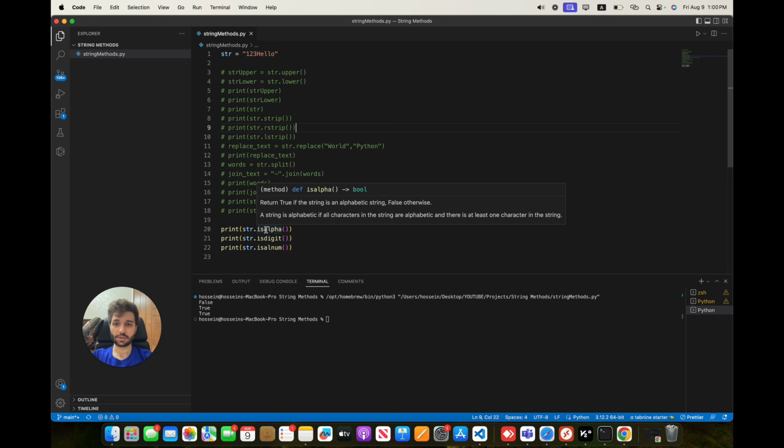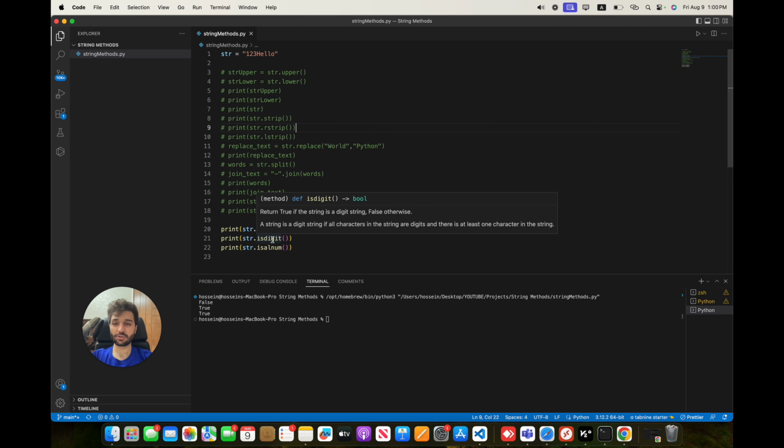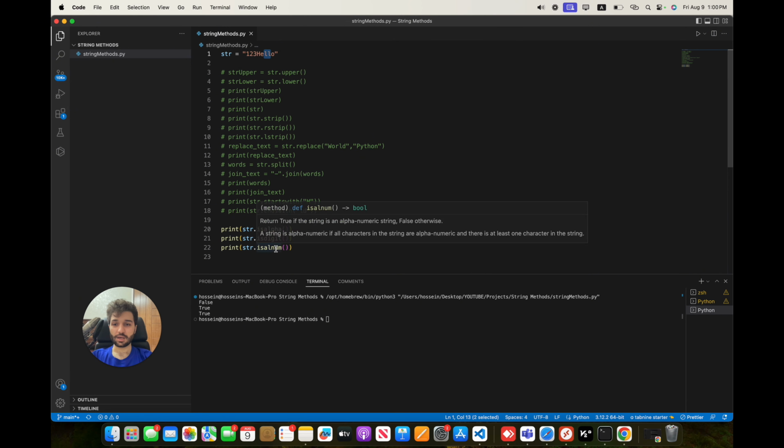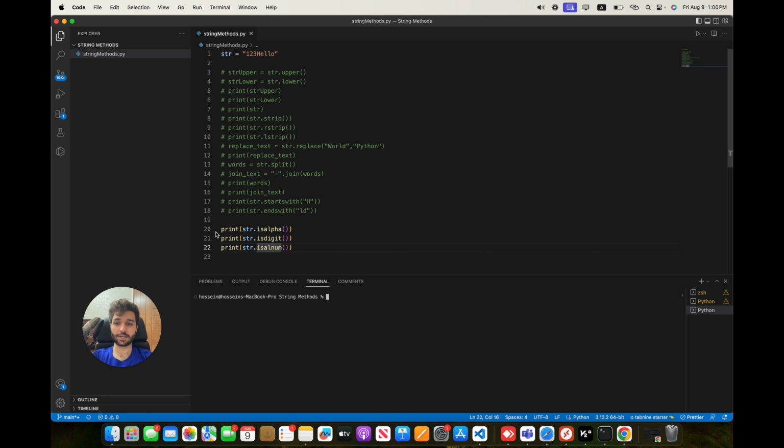No, because it has some digit inside of that. Is it digit? No, because it has some alphabet inside that. Is it alphanumeric? Yes, because it has both of them. So let me run that. Lines 20 and 21 should return false, and 22 should return true for us,